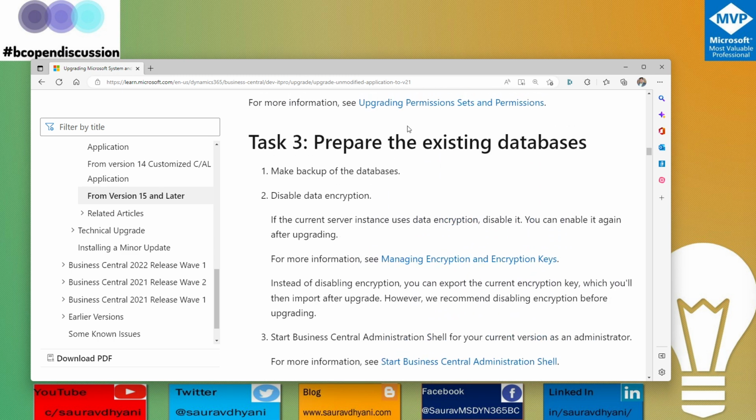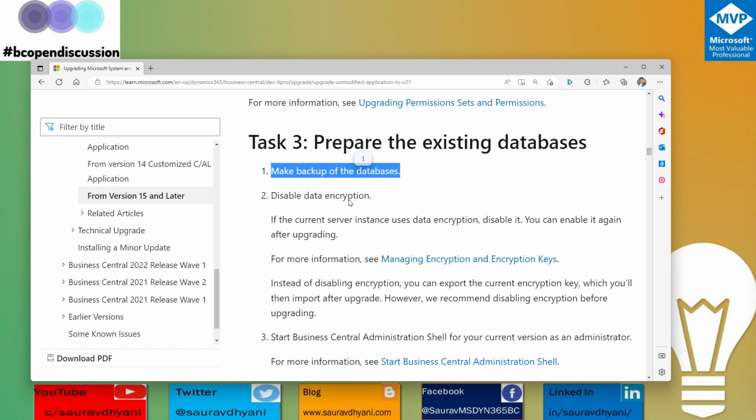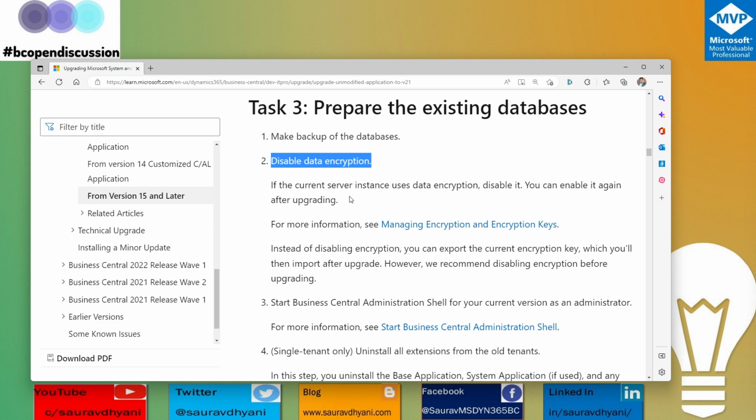The first thing is to prepare the existing database, which means in your Business Central 20 environment, if I'm assuming Business Central 20, but if you're coming from 15 to 21, then anything from 15, 16, 17, 18, 19, 20, you'll have to do some activities on your current version before you move to the next version. What are those activities? Take a backup of the database, disable the encryption if you are using it,